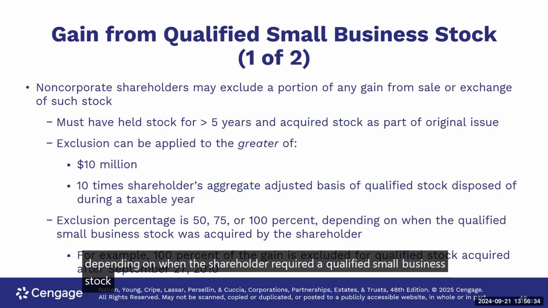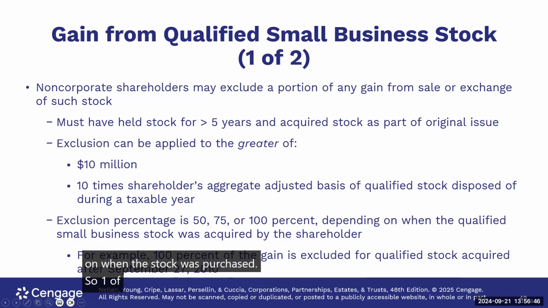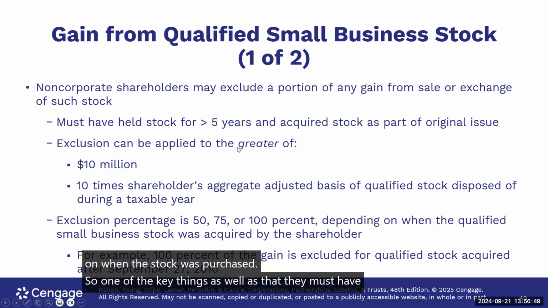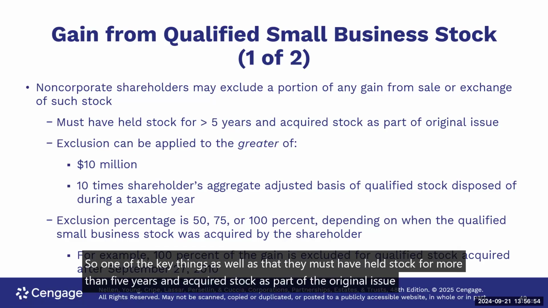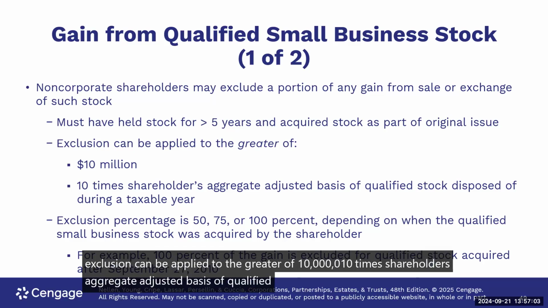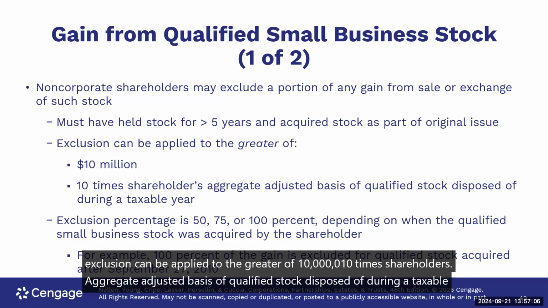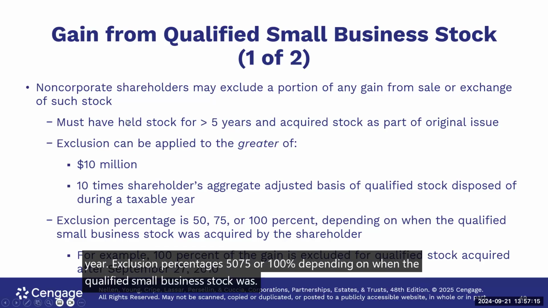The exclusion percentage varies depending on when the shareholder acquired the qualified small business stock. Stockholders exclude 100%, 75%, or 50%, again dependent on when the stock was purchased. One of the key things as well is that they must have held the stock for more than 5 years and acquired the stock as part of the original issue. The exclusion can be applied to the greater of $10 million or 10 times the shareholder's aggregate adjusted basis of qualified stock disposed of during a taxable year. The exclusion percentage is 50%, 75%, or 100%, depending on when the qualified small business stock was acquired by the shareholder. So, for example,